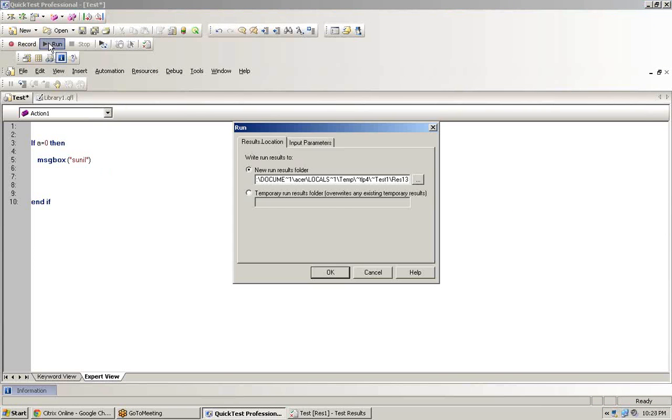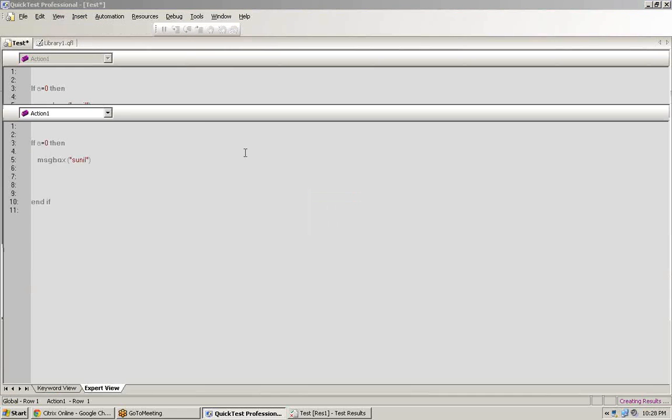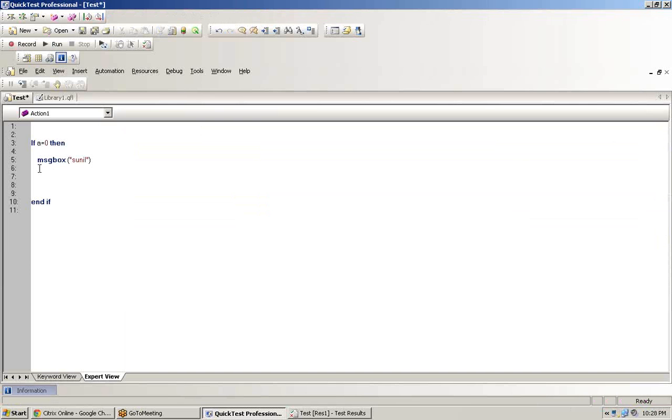Okay, it has displayed. Now, what if I want to use inline coding in this? Inline coding is where in the same line you specify your condition and the action that you are going to perform if that condition is true or false.